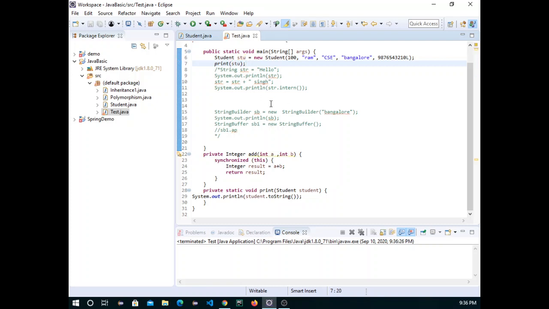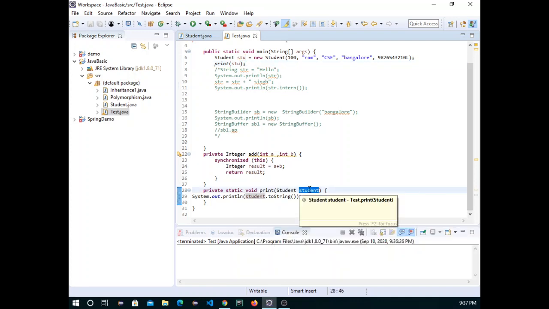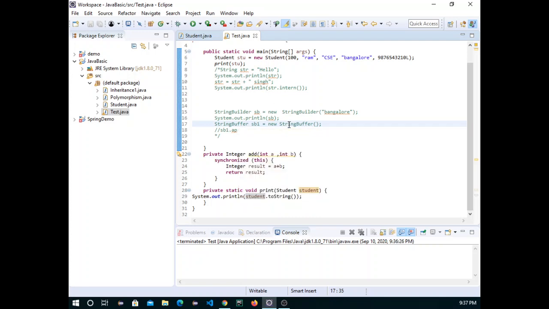In this class, all these functions are written in the same class, but in real time there are lots of functions, a series of functions you have to call, and all those functions belong to different classes. That's why we simply pass the object, and then if you want to do something, you have to do student dot get name or get roll number, and then whatever logic you want to perform, you can do. So let's run it.